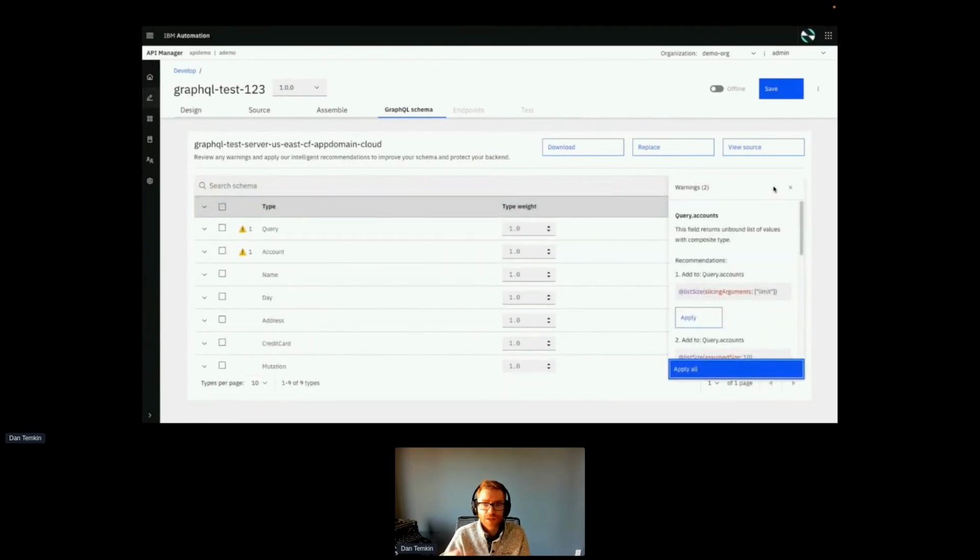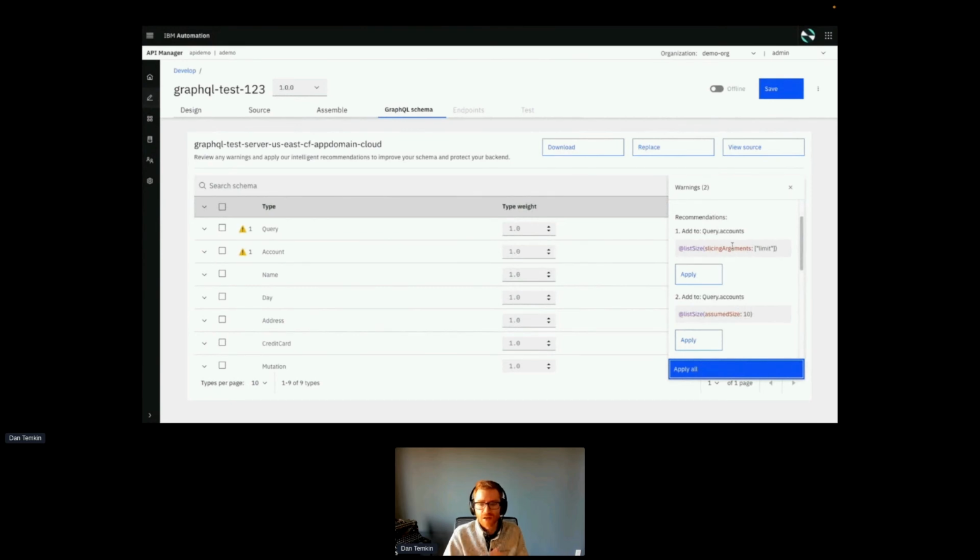So this is us doing some inspection on that GraphQL, and these warnings are specific right now around those limits. So where we're querying into the request structure and saying, okay, we're seeing that there are some of these limits set, and maybe you want to actually set some specific weights or add some additional parsing to decide, are there certain ranges that you want to support? So that way it's not just an unbound model. It's giving information so that the gateway can use that information to provide enforcement for those rate limits in a GraphQL way. So again, you could do this yourself, but we've built in this recommendation engine to inspect this